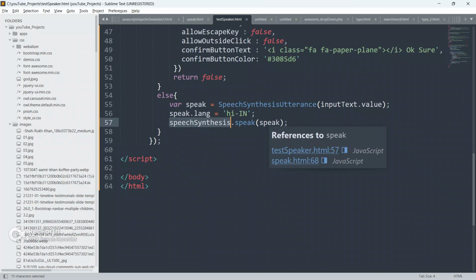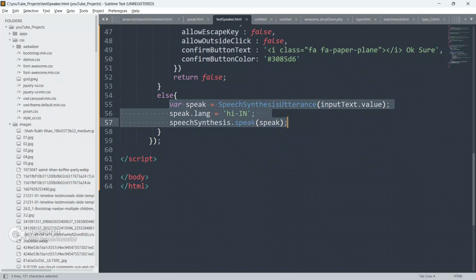This speech synthesis dot speak is a JavaScript inbuilt API method. We are not going to use anything external here. This is all an inbuilt web browser API, guys.